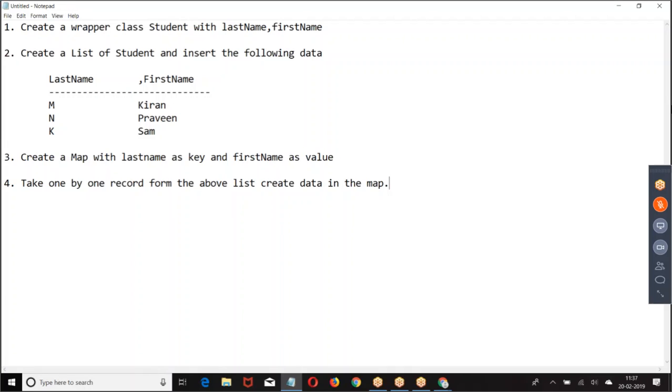Create a wrapper class Student with the last name and first name as data members. All of you create step number 1.